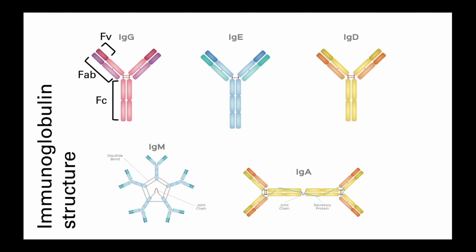IgM can exist as a monomer on the cell surface, and it is often the structure we refer to as the B-cell receptor on naive B cells. But in its soluble form, it exists as this pentameric structure, so 5 immunoglobulin subunits joined at the Fc end of the molecule by the J chain. Taking a look at each of these classes of antibody individually,